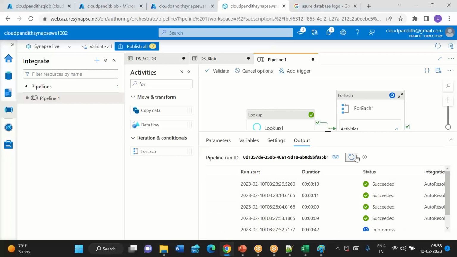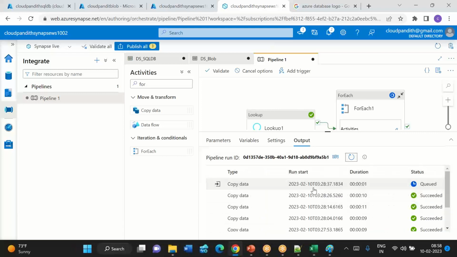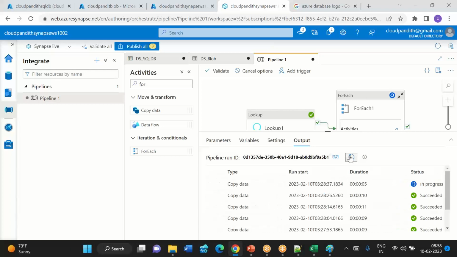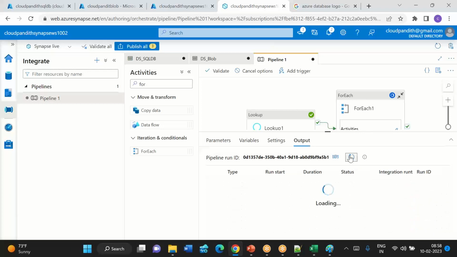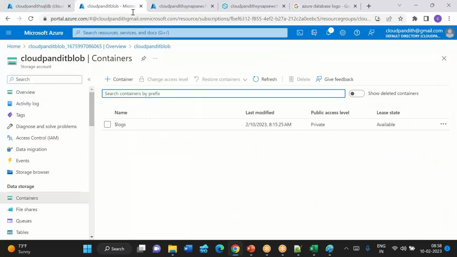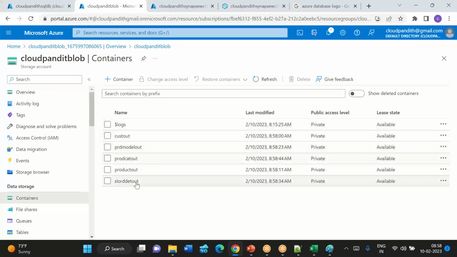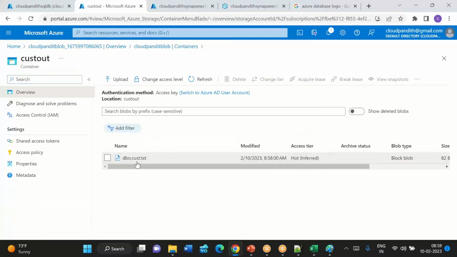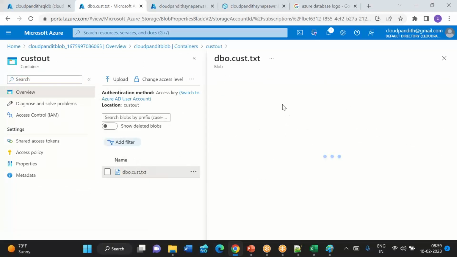Okay, see, 4 copy activities succeeded already. So the fifth one is also running. Fifth one is also loaded. Now go to blob storage. See, all folders came here. Go to cust. So if you open this,